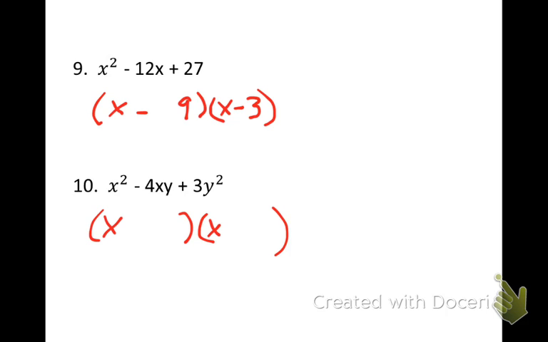x and x. Here, notice we have a y squared, so we need to make sure we put a y at the end here. They're both going to be negative, so we know that to get a positive and a negative in the middle. So how about negative 3x minus 1y, or just minus y? And that would be it. So rather tricky. Watch your signs, check all your